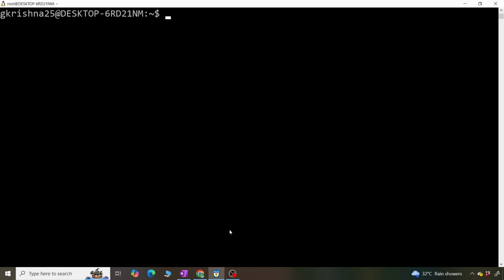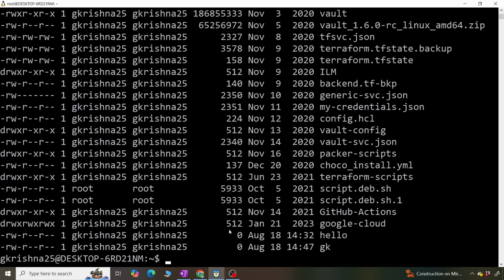Let's say if you want to create a file, you can touch gk, and when you do ls -ltr, you will see that it's a 0-byte file. Okay, if somebody would ask you in the interview how to create a 0-byte file, this is one way of